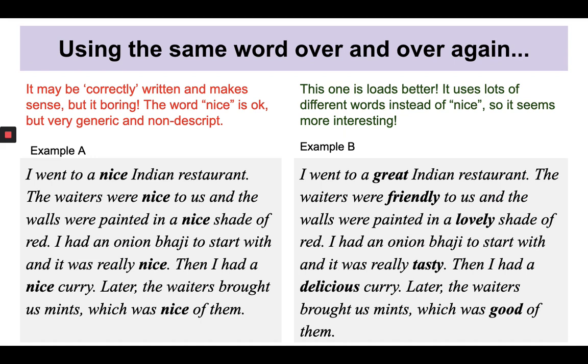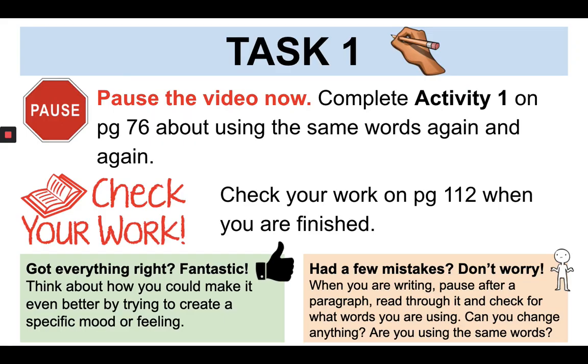So if you think back to that Wittgenstein quote at the start of the lesson, this is where it shows the limits of your language. If you only rely upon the word nice and you describe everything as nice, it doesn't tell us a lot. It limits your understanding of what happened. It limits your world. Whereas if you have greater language or greater vocabulary, it is so much more enriching. Okay, so this is why we want you to vary your vocabulary.